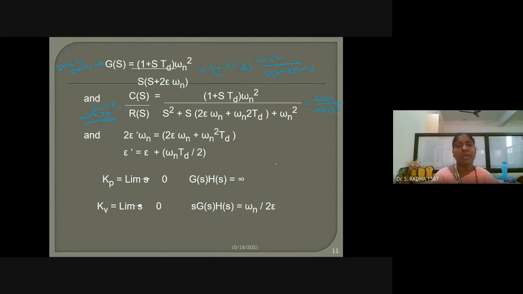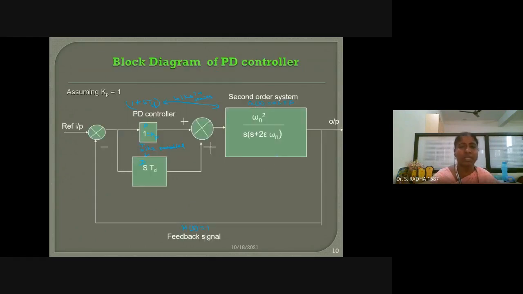You need not memorize any of these values. I am just explaining what the diagram is and how to go about it. We are not going to ask any long answer question, such as what is the Kp value or what is the relation between Kp and Kd. No. Only the advantages of PD controller and advantages of PI controller are important. If I go straight to that slide and tell you these are the advantages, you will not understand what PD is, what PI is. So this is how we can connect in order to improve the system response, to get the desired output. These are the designs we can do in the background.